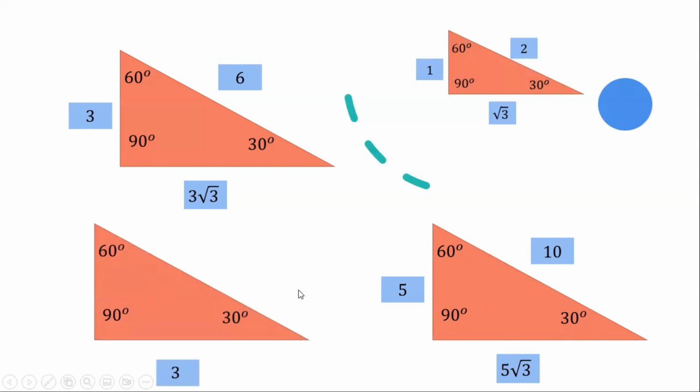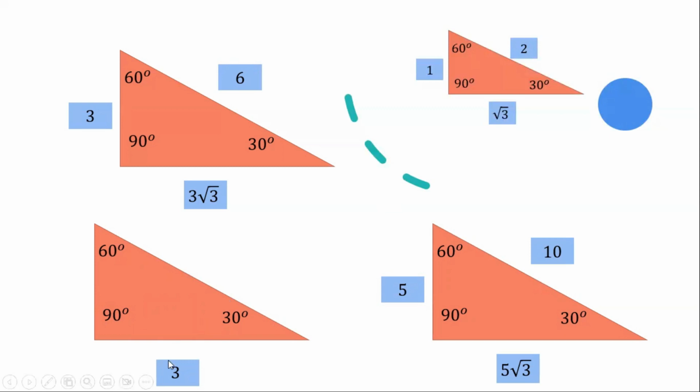Now, next is if the given side is adjacent to the 30-degree angle or opposite to the 60-degree angle. If we compare it with our figure above, with the sides 2, 1, and square root of 3, this side is a multiple of square root of 3. So to get the opposite side, we just divide it by square root of 3. So if we divide 3 by square root of 3, we get